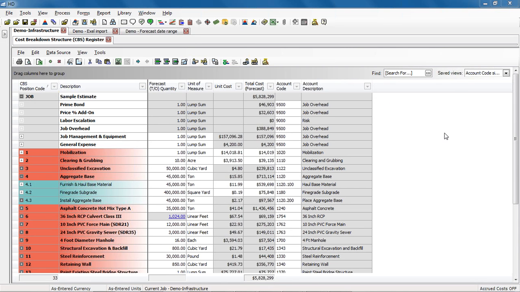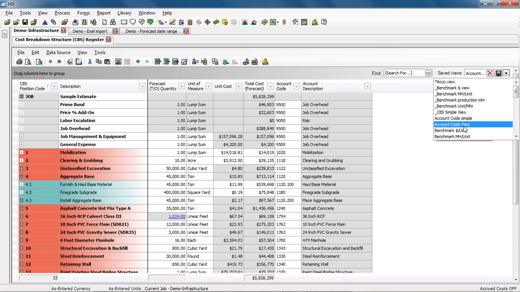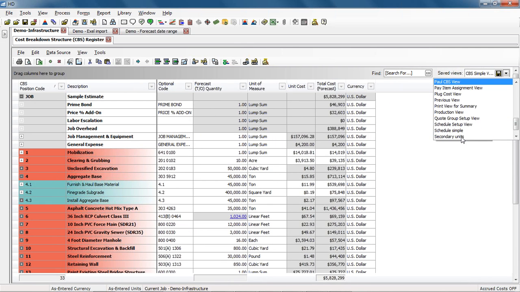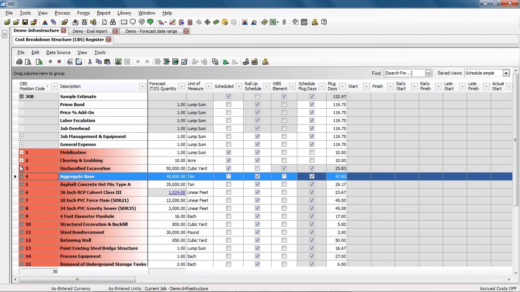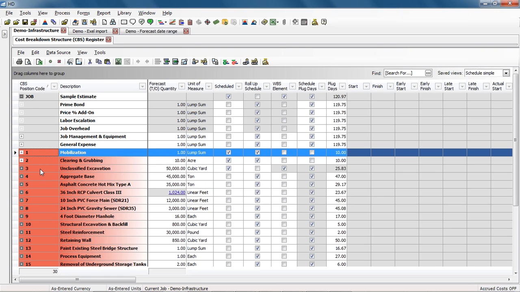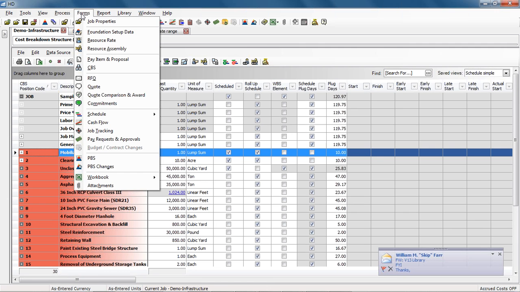Sorry about that. All right, we'll review the schedule integration. So let me go back here to CBS and change it to my schedule view. And here we'll go through an example. We have a couple items here that we're going to push over to Primavera P6. First, we'll take a look at that new